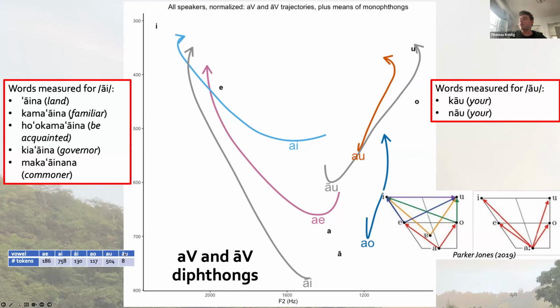The small number of tokens I have of ao, and I can discuss later in the questions if you're wondering why I had so few tokens of this, are these pronouns kao and nao. And I realized that this is a difference in content words versus function words. And so it occurred to me, maybe what we're seeing here is that maybe underlyingly, we should have what Oivi describes as like an au that begins nice and low and goes to u. But in this data set, and possibly in the language as a whole, there just aren't any content words with this diphthong in it. And what we're seeing here instead is the reduction of function words, which has been noted